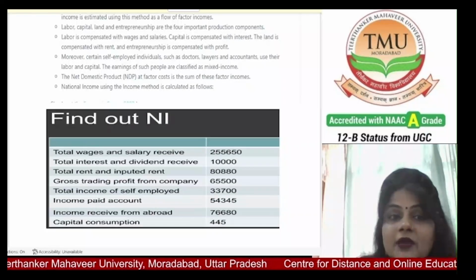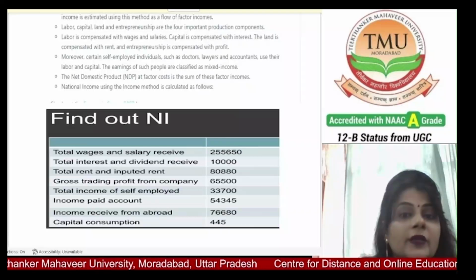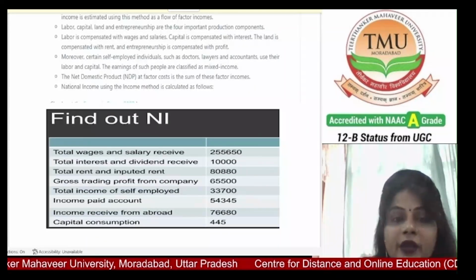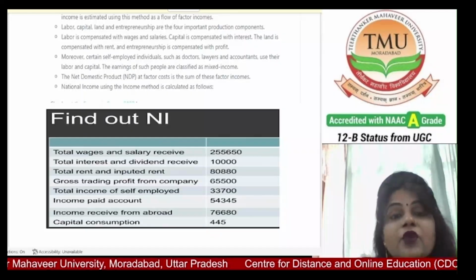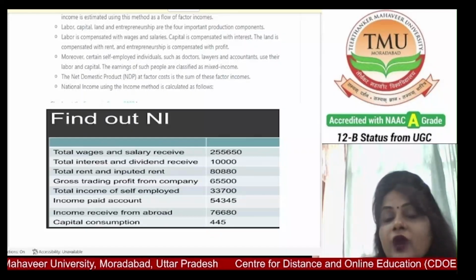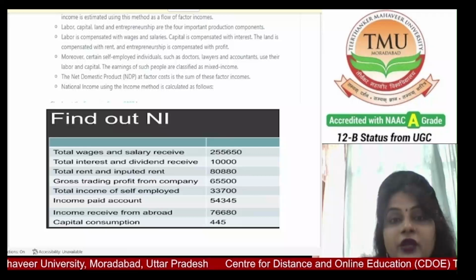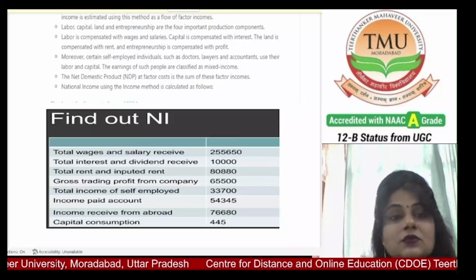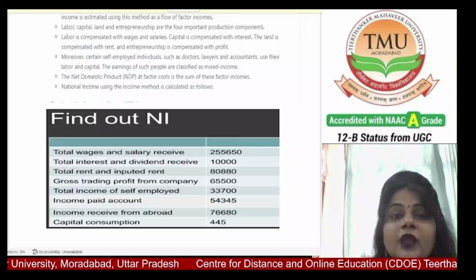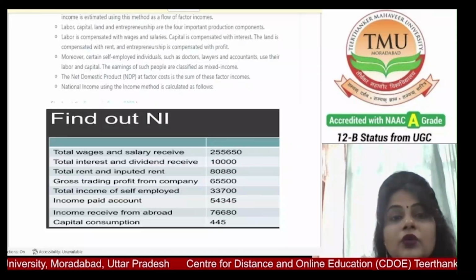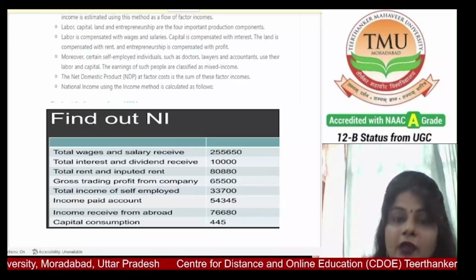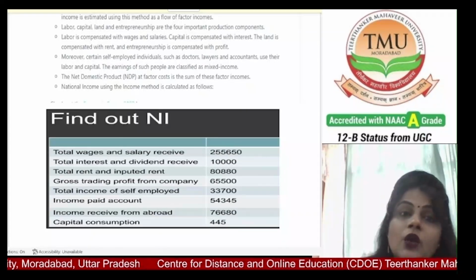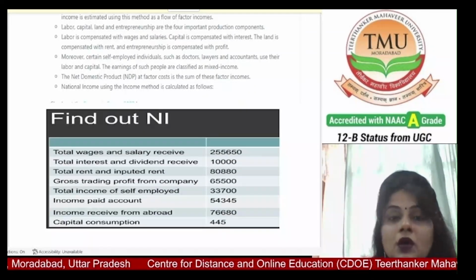The last step of calculating national income through the income method is the estimation of net factor income from abroad, NFIA. NFIA is added to domestic income, NDP at factor cost, to get the national income, NNP at factor cost. So NNP at factor cost is equal to NDP at factor cost plus